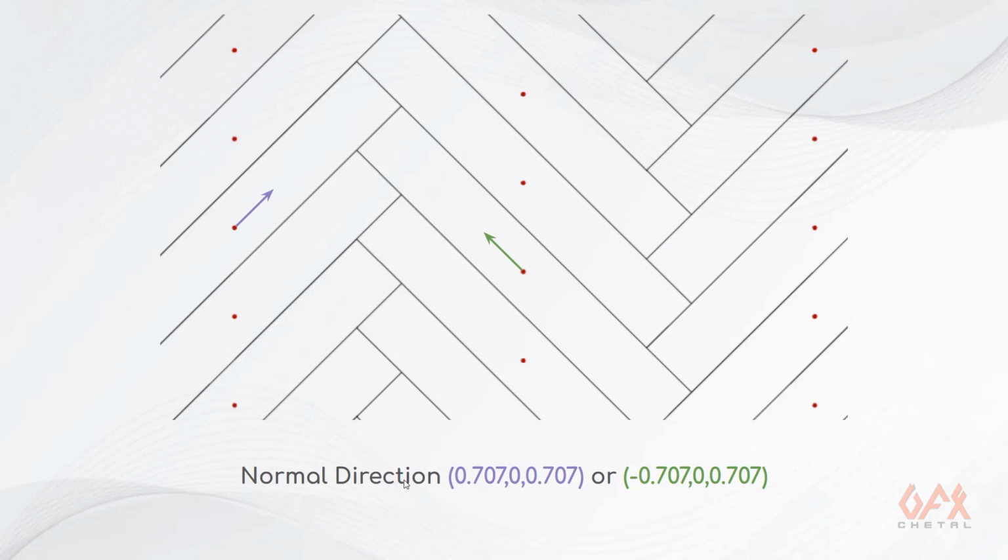So this is normalized vector information, but we can avoid that for this example, and we can set the normal direction as 1 0 1 or minus 1 0 1. So over here 1 0 1, and over here minus 1 0 1. Okay, as it is 45 degrees, we are not worried about that. But in case we have 30 degrees or 60 degrees, at that time we have to calculate in a proper manner, like sine 60, sine 30, like that. Okay, so now we have those calculations.